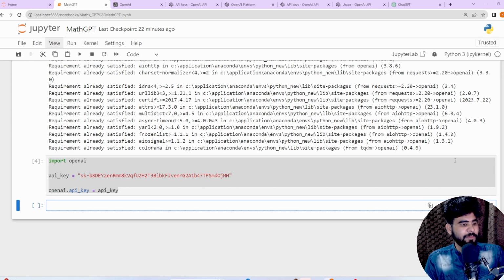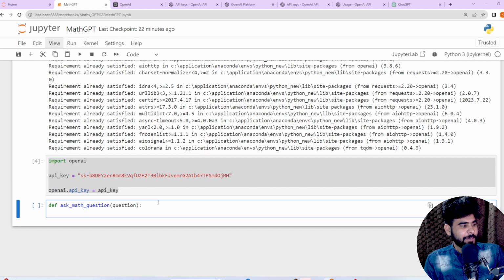So I'm going to define a function, and the function name is ask_math_question. As an argument I'm going to define question, because whenever we ask anything, we as a user need to enter or write some question. I need a complete, accurate and detailed explanation about this question, so that's why we pass a question argument here.